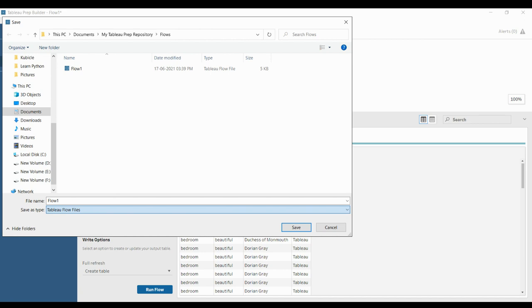If you want to make your data read only, and if you want your pre-processed data to be available, that is, they can see what flow you have built, then you can go with the Tableau flow file. If you want the data to be accessed by your peers, then you can make it a packaged Tableau flow file, where the data source is also available. You can simply select first a Tableau flow file, save it and see how it looks, and also save it as a packaged Tableau flow file and see how it looks. You have to try and see how the file looks.